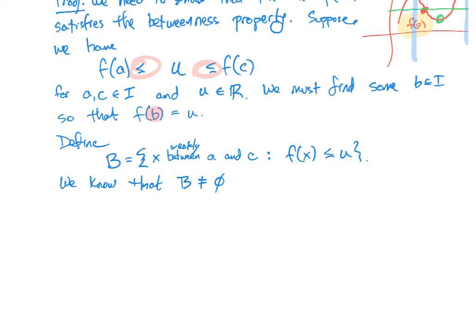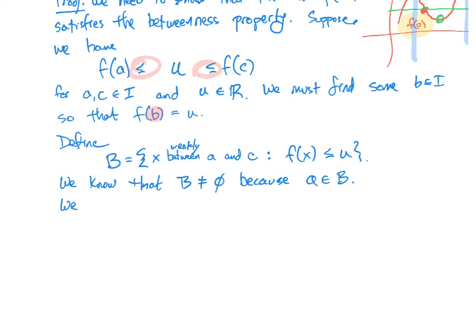Because either f of A or f of A is going to be less than or equal to u. Yes, that's the correct answer. A is in the set B. Okay, because A lies weakly between A and C, and f of A is less than or equal to u by how we chose u. Okay? Now,